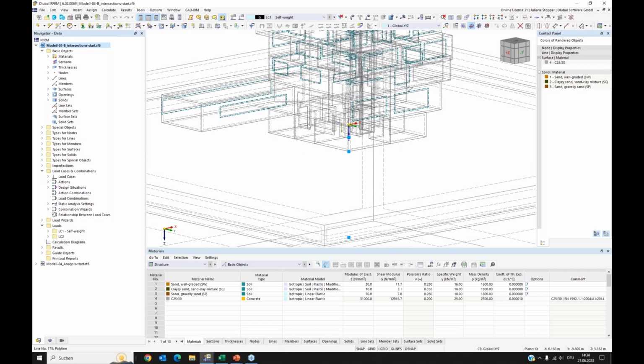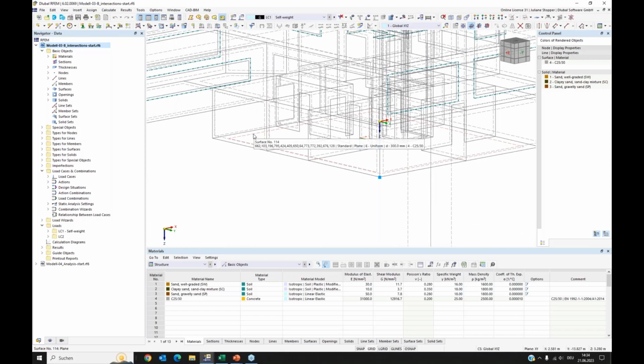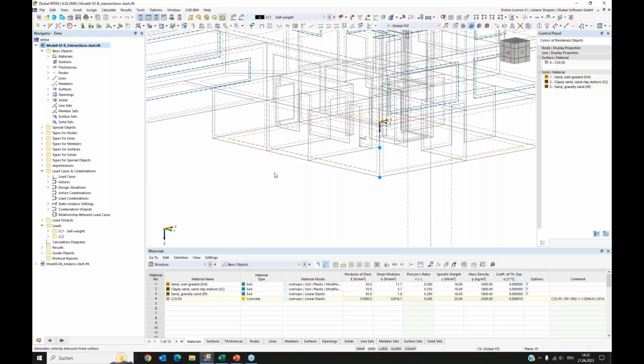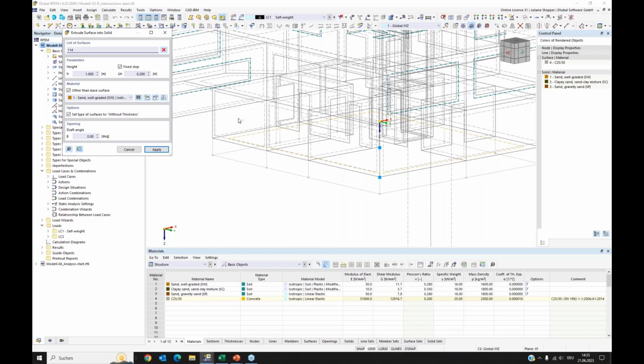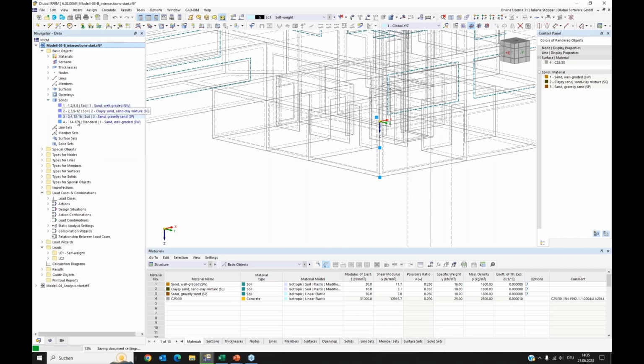I will here in the basement floor create a solid kind of help object. Later I won't need it, but I will now use it for modeling the hole. Here we have extrude, and I say surface into solid again, and we need it to be minus 2.98 meters. I can say apply, and now I have my solid here. I can also see this. I have soil solids, and here's a fourth solid